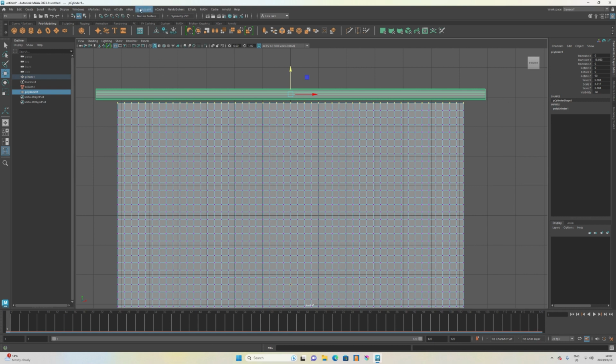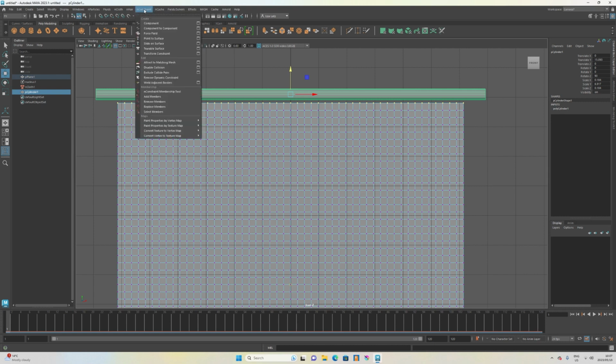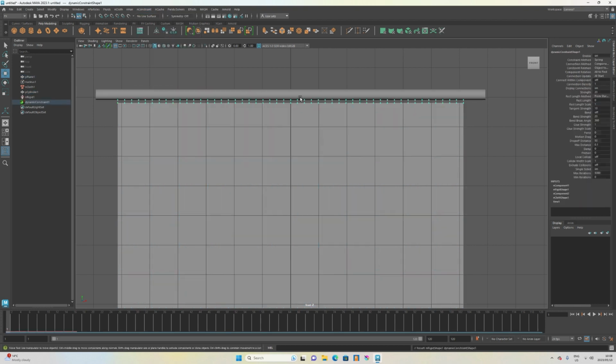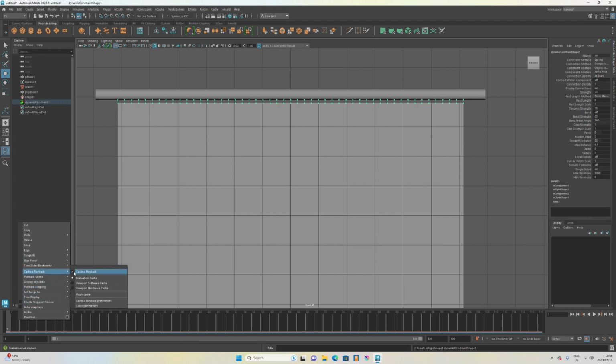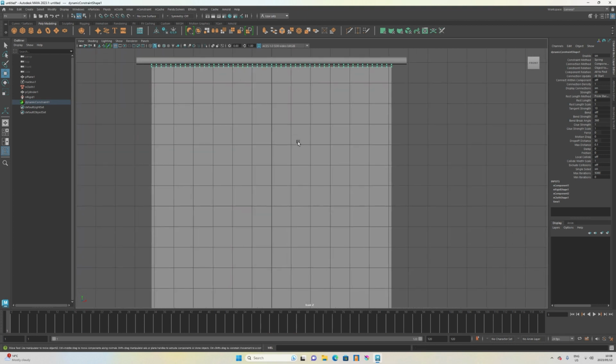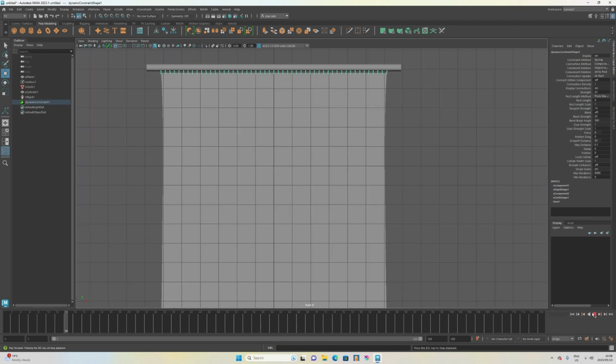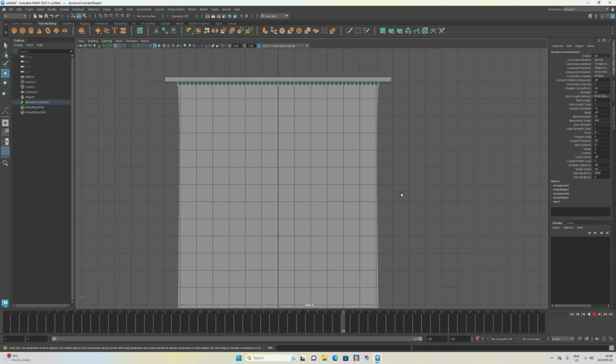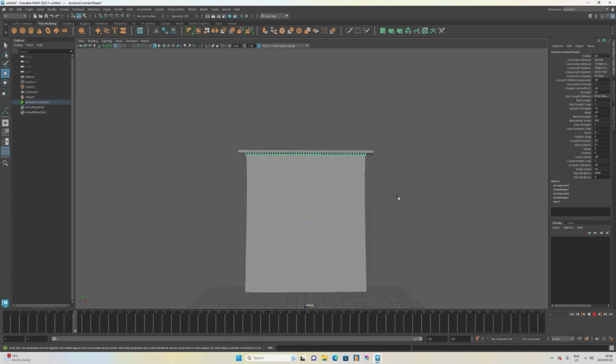And then you're going to go to end constraint in your toolbar, and you're going to say point to surface. And now on your timeline you're going to deactivate cache playback. So right click on your timeline, go to cache playback and deselect it. If you play now, you'll see that the curtains kind of just hang in place,